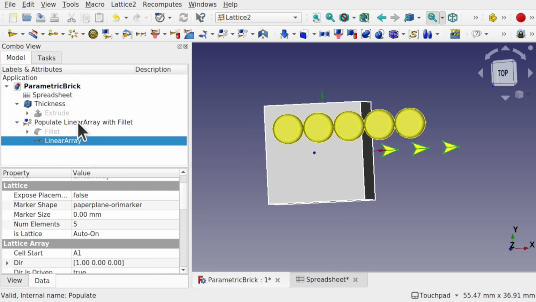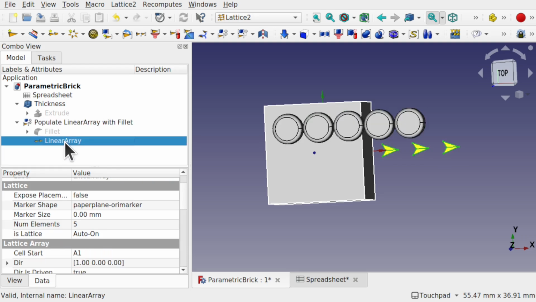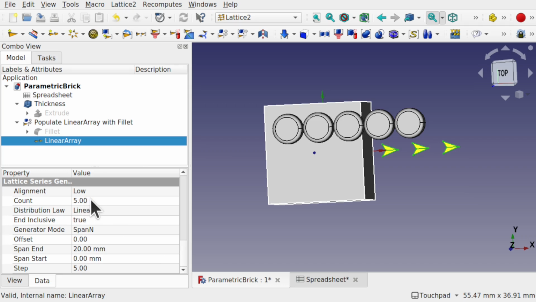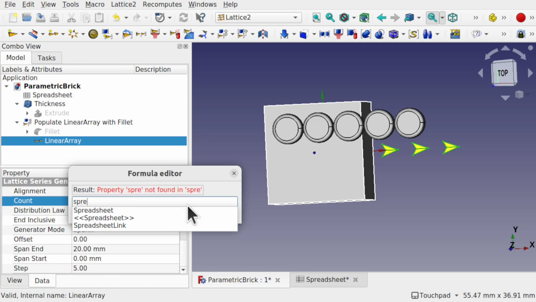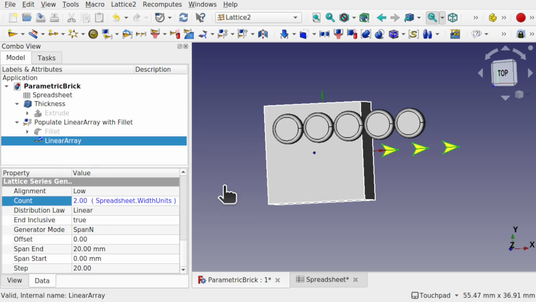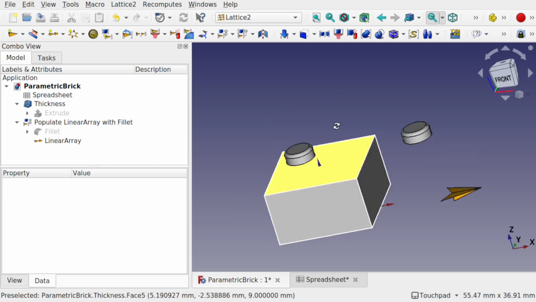You notice we've drilled into the populate linear array with fillet, this new icon in the tree view. So this is the result of our action. Click on the linear array and come down, and we see the count. So this can be controlled via the spreadsheet as well. So click on the formula editor and type in spreadsheet width units and hit OK. We'll click off, this takes effect, but at the moment it's too far away,